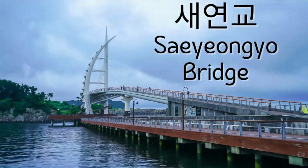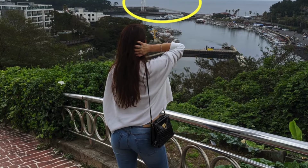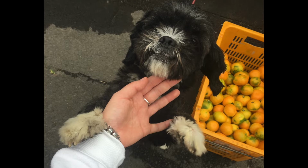The next day, after our morning tea in the bedroom, we headed out for a walk. Our first stop was at Saeyeongyo Bridge, which is this really big white modern bridge that was designed to look like a boat, and it links the port to a little island. And my favorite thing on the way there was this cute kitty and dog that were tied up outside of what seemed to be a small tangerine shop, but the two of them were super cute and friendly,